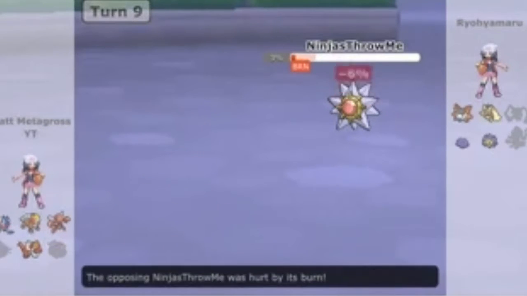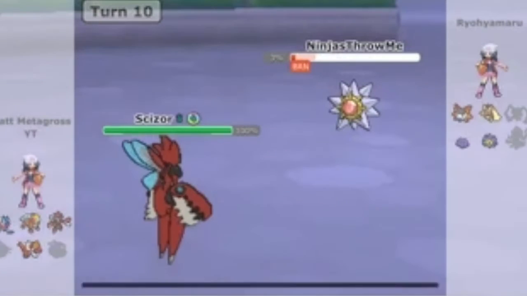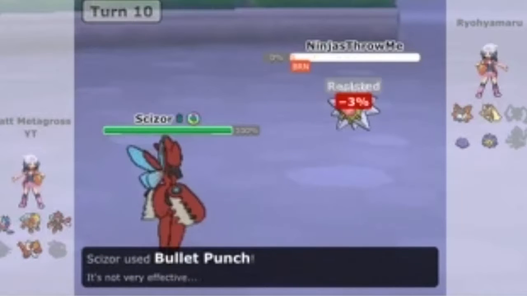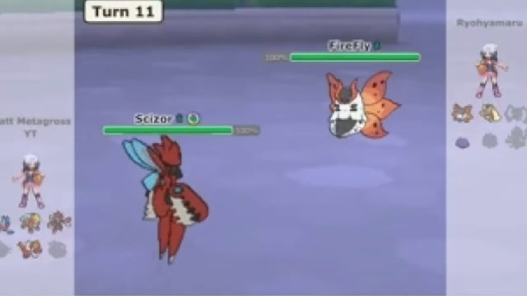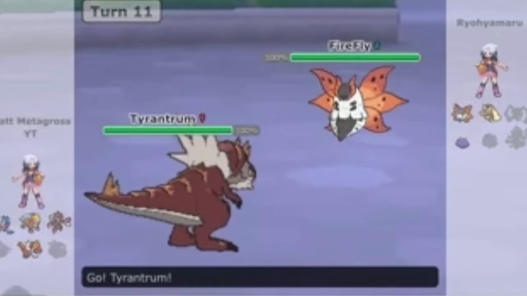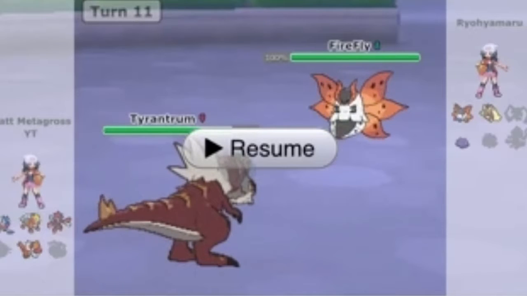I do chip this thing, which is very nice. And I do get my Scizor in for free to get off the Mega and kill this thing, which is very nice, because Scizor can be hard to get the Mega up sometimes. Now here, crucial turn. Very crucial turn. What I should have done there, well, I'll show you what happens with...